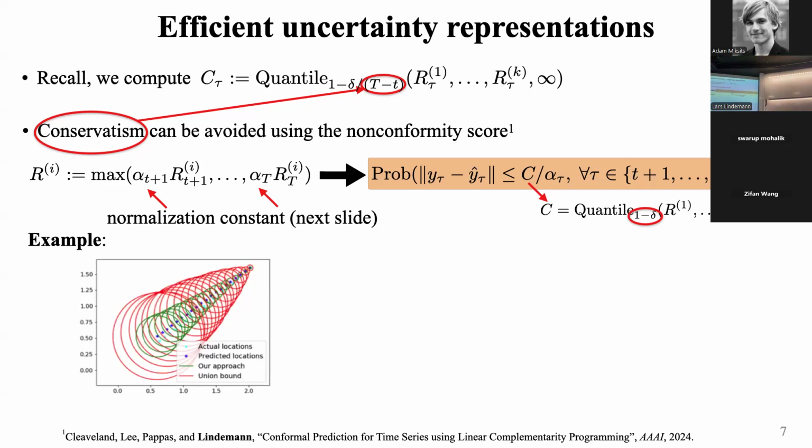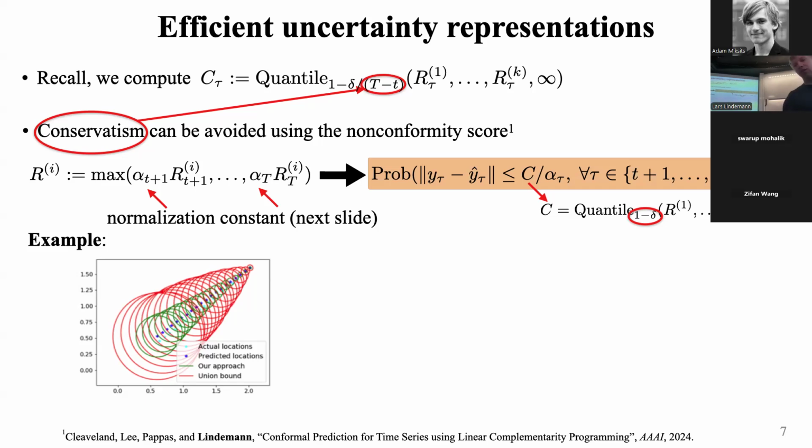Here we have, I think these were mobile robots we're predicting, or pedestrians, I don't remember. But in blue, you can see predictions for 20 steps ahead, and in red, you can see the prediction regions you obtain with this naive approach. Again, they're statistically valid, but they're super large. And in green, you see the prediction regions that you get with this max nonconformity score, if you select the alphas in a smart way, as I'll show on the next slide. The advantage is evident, right? You have really tight regions,